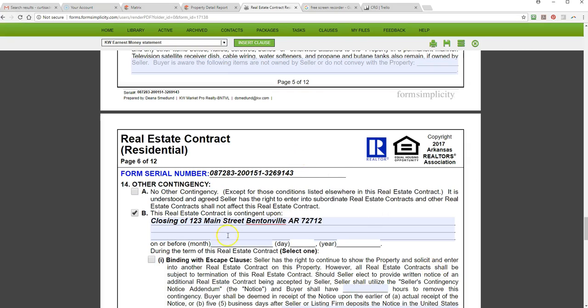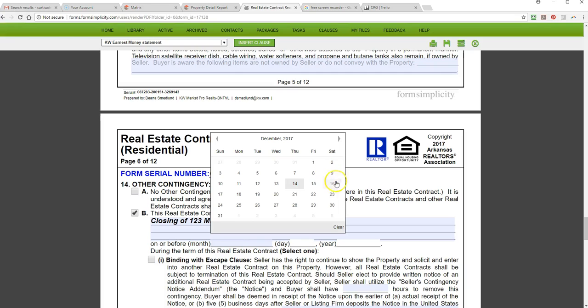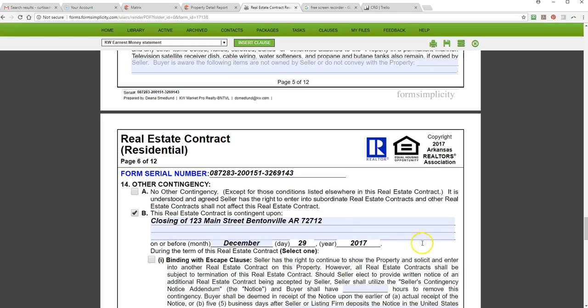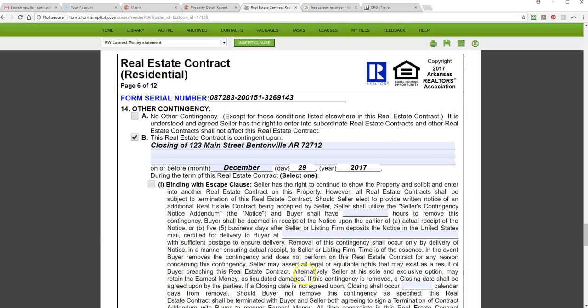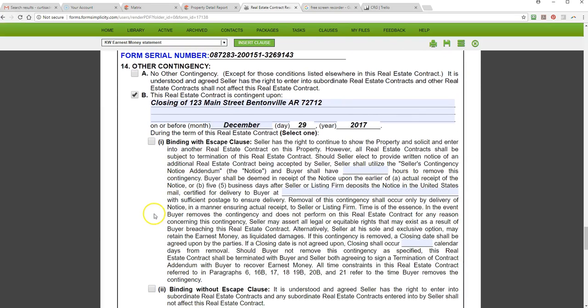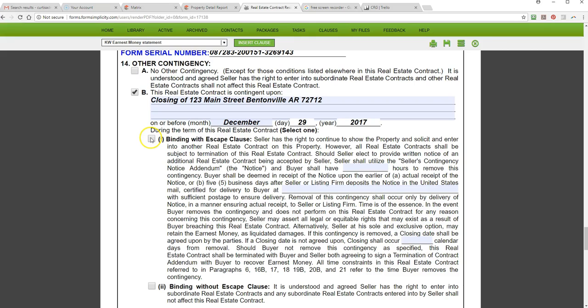Okay, so we're gonna put the day it closes, which is December 29th. If you want to do binding with escape clause, that's something a seller will more likely accept on a contract, because basically we're saying you can give our clients 72 hours. That's the time you pick. You can put 24, 48, whatever, to let us know if you got a backup offer you want to take, and we can remove the contingency and just agree to buy your house outright,